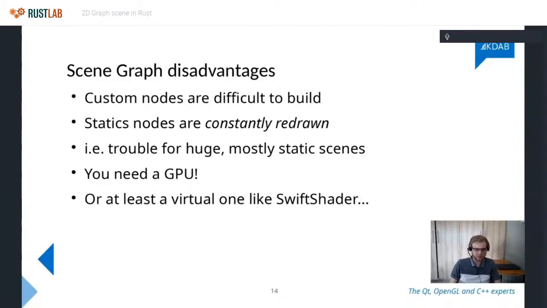Yeah, and you could totally have a CPU fallback. I've recently come across this thing called Swift Shader, which is basically a CPU renderer for Vulkan. So if you're building, let's say, an operating system with this scene graph approach, and you want the operating system to still be able to show something if the GPU isn't available, the drivers crash or whatever, you could totally have a software fallback.